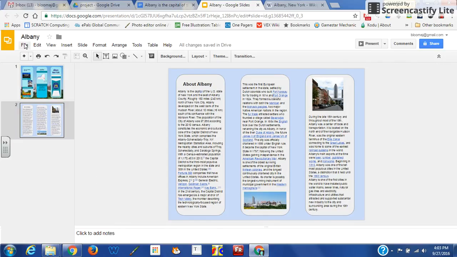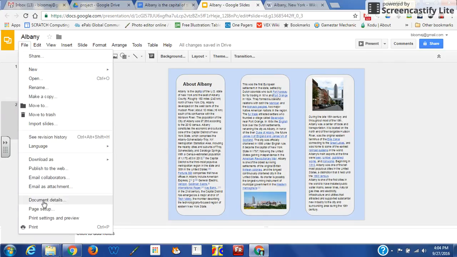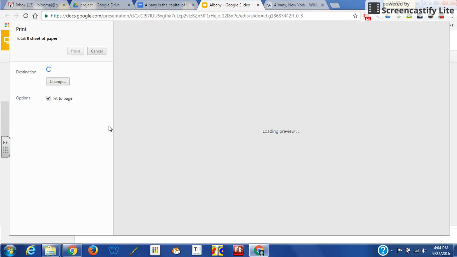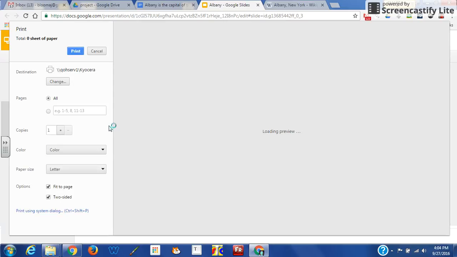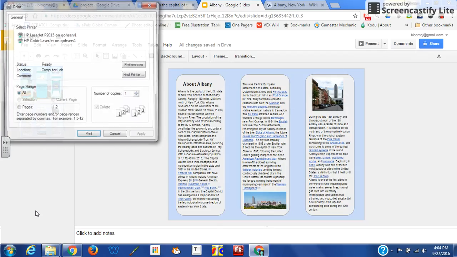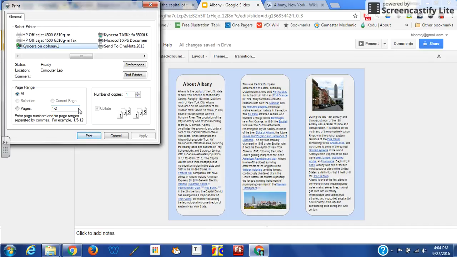We're ready to print. Go to File, Print. Make sure the selected printer is available to you. I would print using the dialog, as if you print on two sides, it might not print the correct way. You want your brochure to be the right way on both